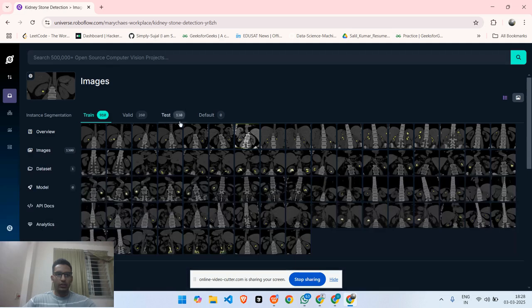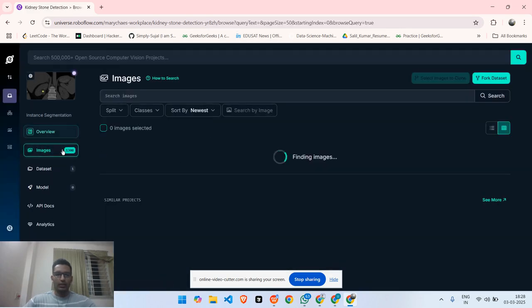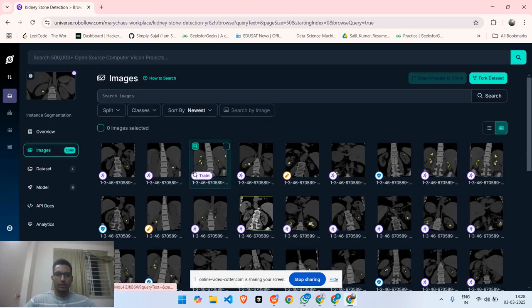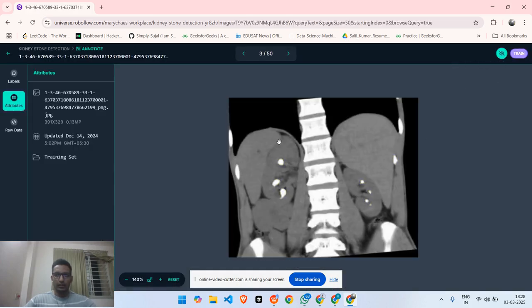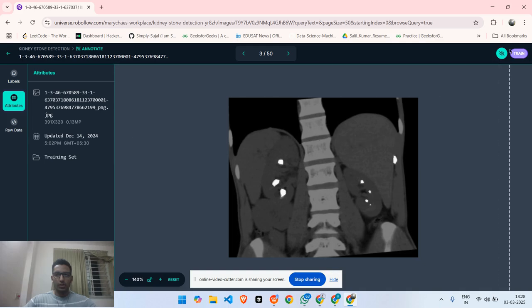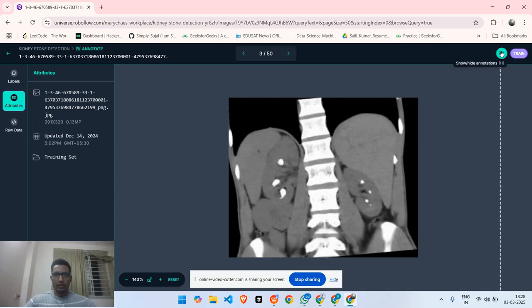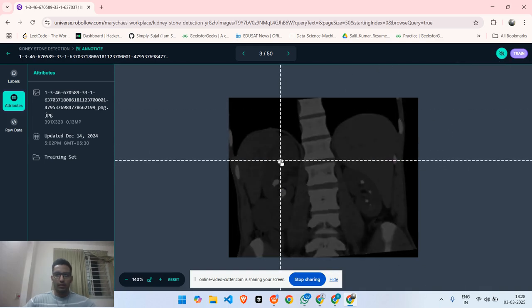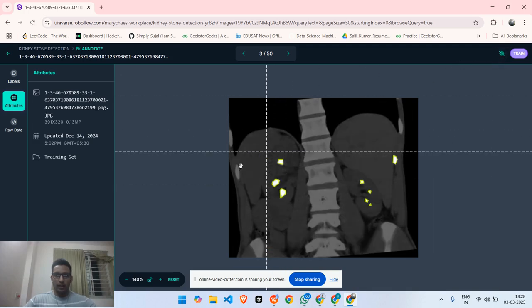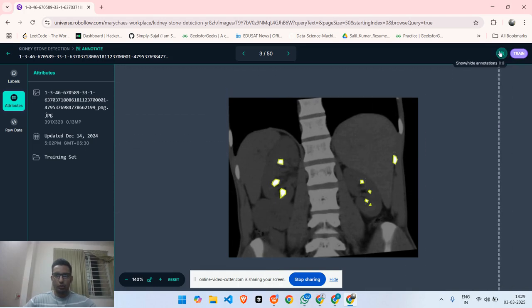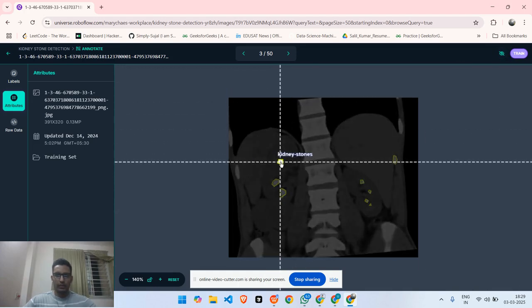But as you can see, the link of this dataset I will provide you in the description so you can access it. As you can see, this dataset contains 1300 images, which has something like this. Originally, this image looks like this, and the white part, as you can see, contains the stones. Right? If I hide the rest of the things and show the annotations, you can see here are the